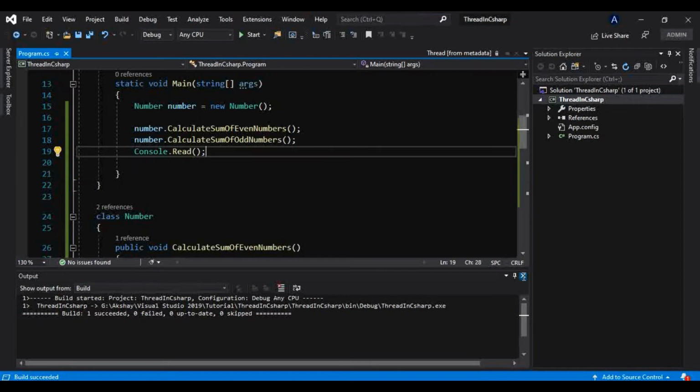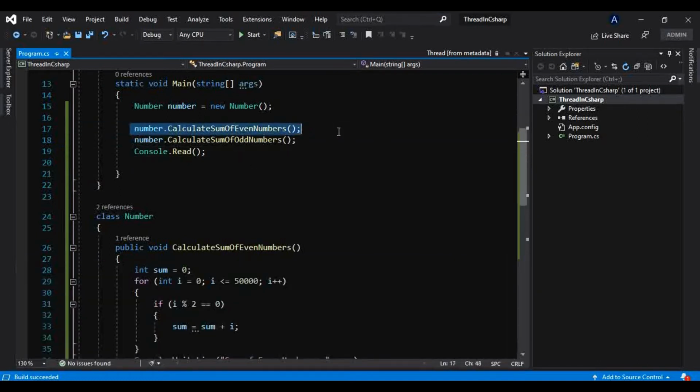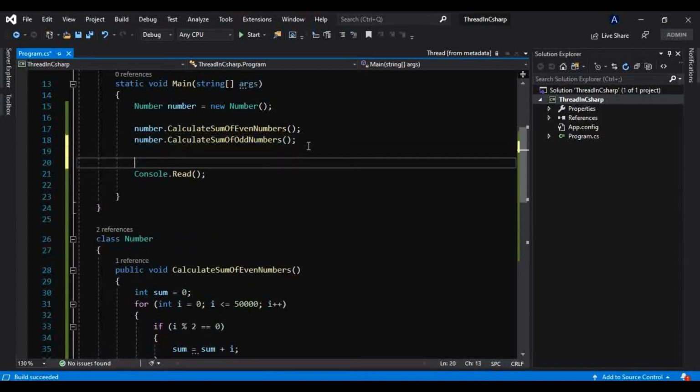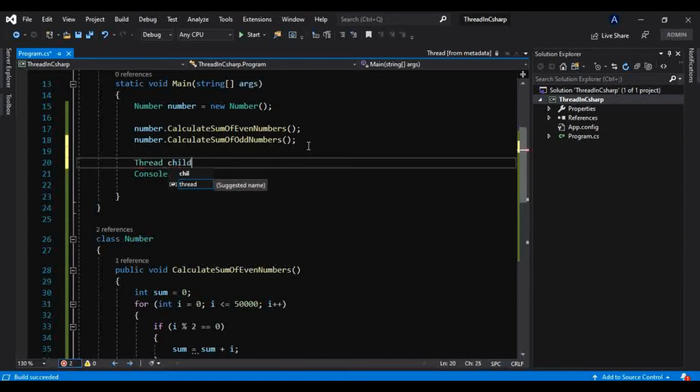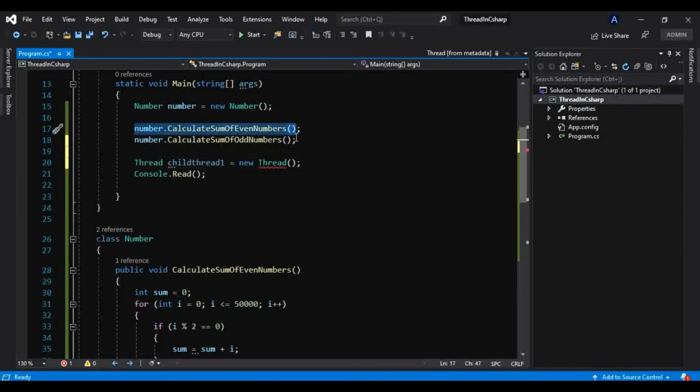Now what I will do, I will call these similar methods but using child threads. For now it is executing under the main thread, but now I will call each method separately in its own thread. I have already shown you how we can create child threads. So child thread 1 equals new Thread, and I will pass this method here.